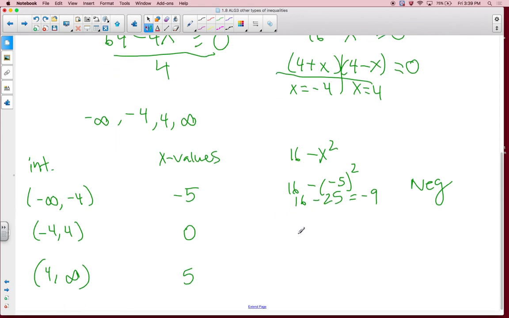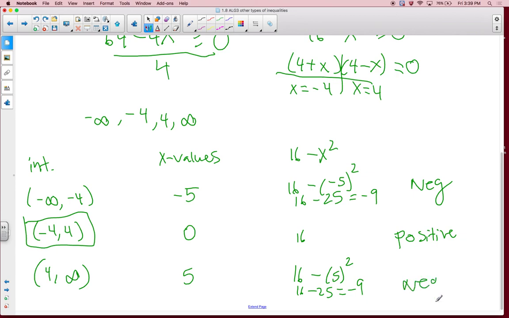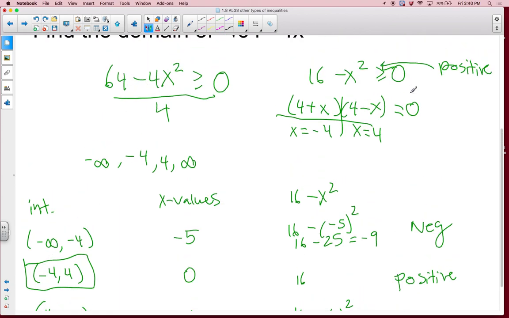Plugging in 0, 16 minus 0 is 16. Positive, that will be included in our answer. And 5, we have 16 minus 5 squared. 16 minus 25 is again -9, which is negative, which will not be included. The only thing we need to make sure that we're correct on is if it's parentheses or brackets. Since it is greater than or equal to, we are including those values, so therefore our solution is from -4 to 4, and that is our